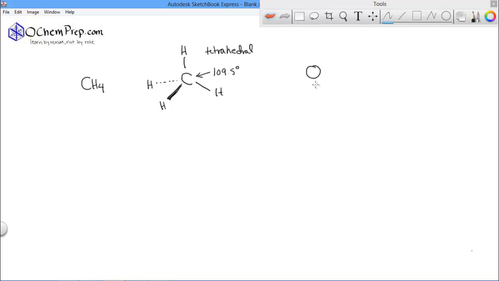So we have an s orbital, and then we have 3 different p orbitals, 1 up and down, 1 side to side, and 1 front and back. The problem with these is they are not 109.5 degrees apart. These are 90 degrees apart. So Linus Pauling in the 30s decided to invoke what's called hybridization to explain how the orbitals form